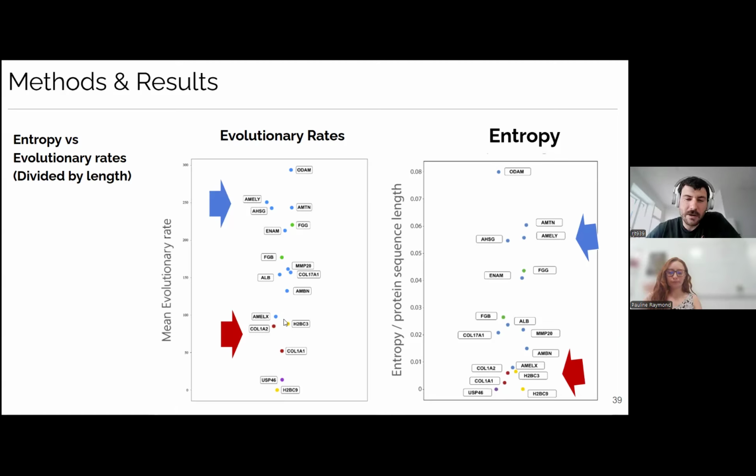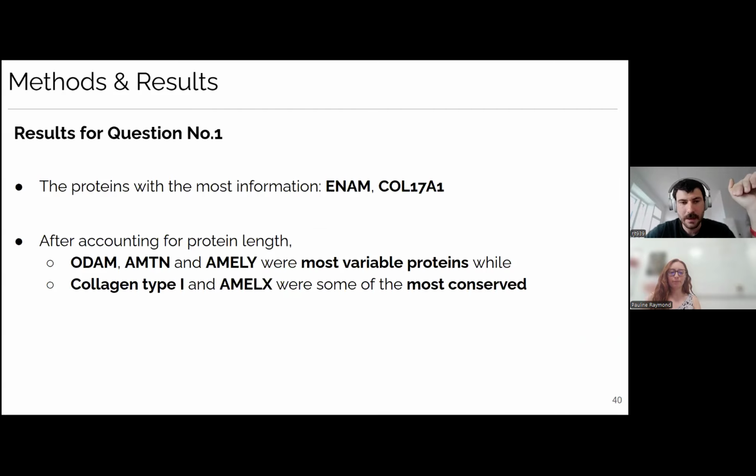And again, something else I would point out is that AMELX is consistently showing very low values. Even though it is short in length, it is super conserved for its length, and thus it's pretty much as conserved as the collagens or the histones and ubiquitins. Whereas something else I would point out is that AMELY is actually quite a bit more diverse than AMELX, its X chromosome equivalent.